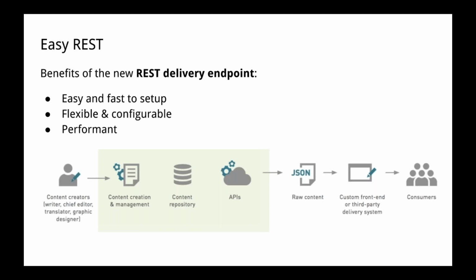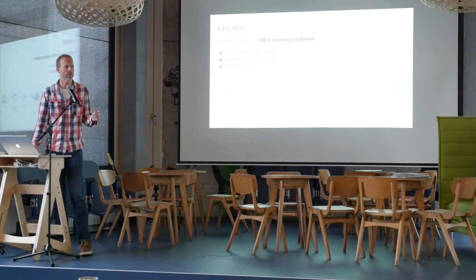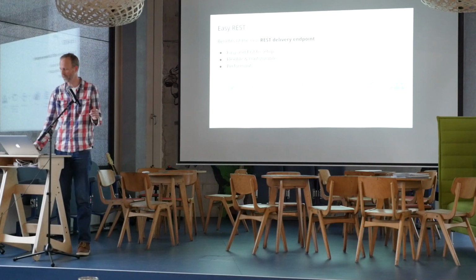So what's new in 5.6? We have released a new delivery endpoint. So it's all about letting people get content from Magnolia in a really easy way. It's fast to set up. You can do it with light development, as I'll show you. It's flexible and configurable, which is something that we have over some of our competitors where it's not so configurable,